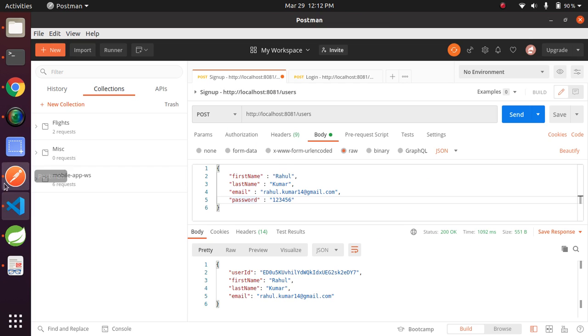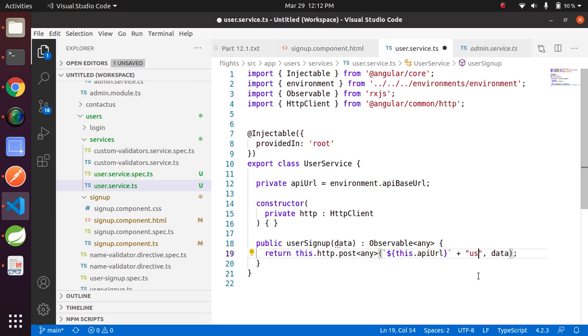Go to Postman, and if you look here, the URL is the base URL, then users. Put users here. Now our observable is ready. Public userSignUp, data is an object that will be the form data. The Observable return type is whatever we will get from the server.